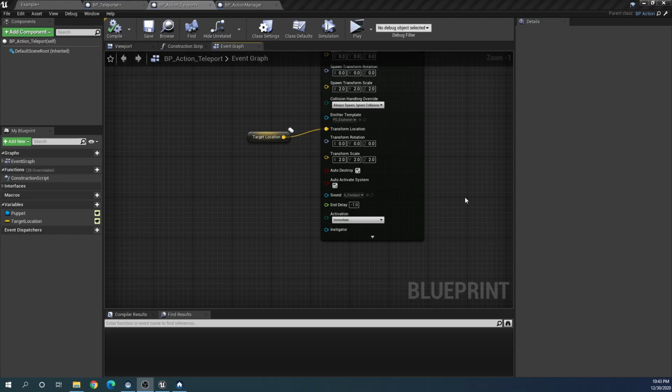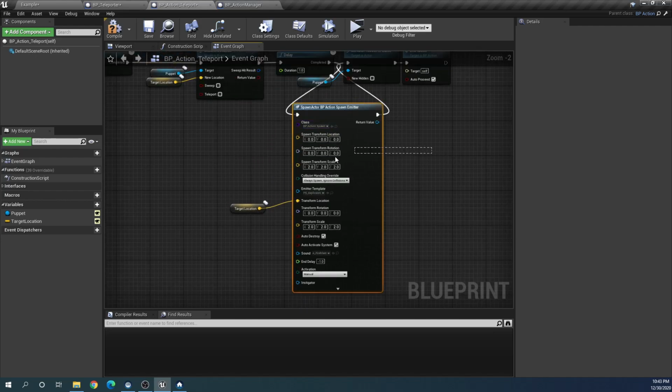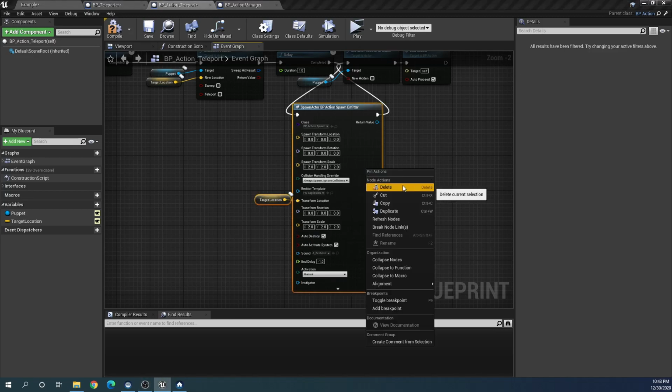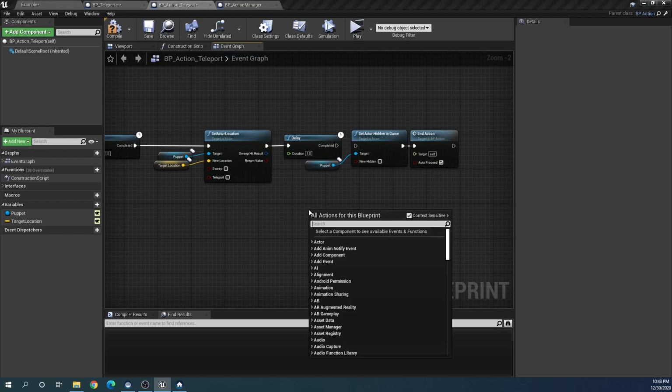You may have noticed that there was a last option here for activation. It's the manual one. What this does is that then this action is just spawned into the world like a regular actor, and it's never added to any action queue. It is not played automatically or anything. So it does basically nothing until you tell it to. This is something you can use for more advanced stuff, but I won't get into that in this video. But let's also delete this and do it the most sensible way here, which would be